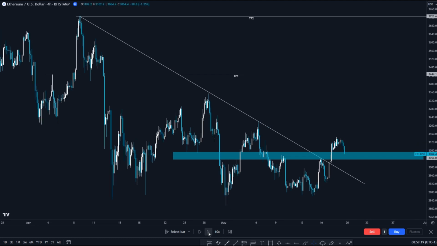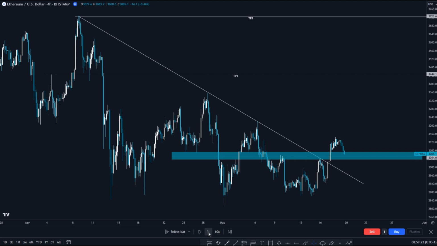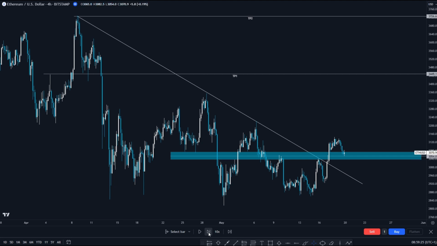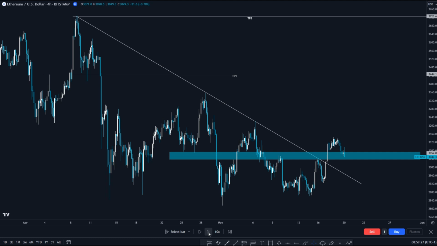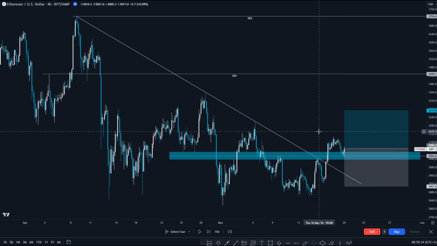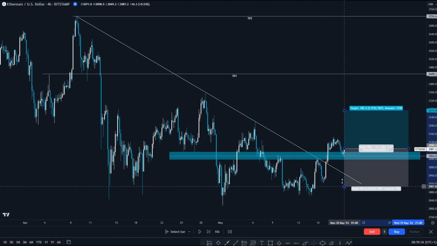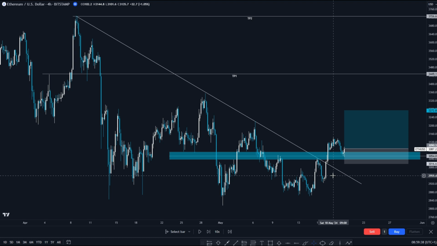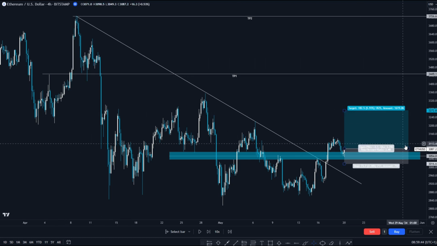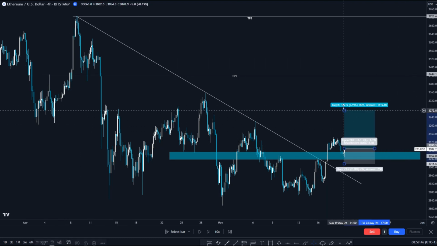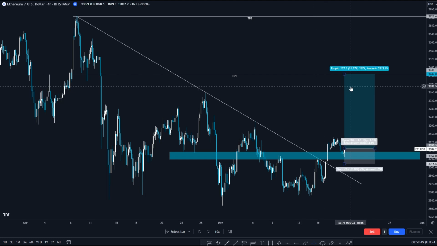Okay? So same again, it doesn't matter what you are doing regarding entry, as long as you have, for example, in this situation here, it would have been this candle. Enter when your bullish price action shows you that the market wants to move up. Place your stop loss below the level. And then because I've drawn these support and resistance areas in the future, all I am going to do is TP1,